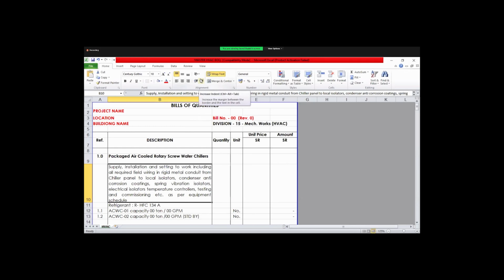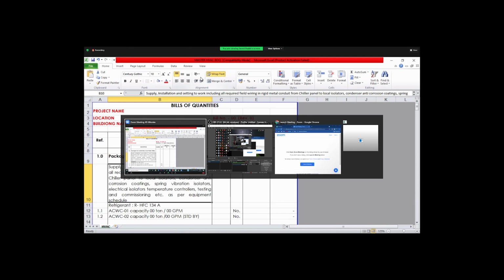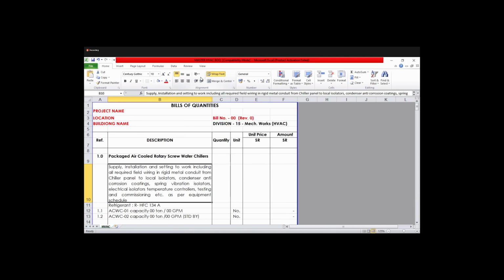So our class today, as yesterday we have finished with the specification of HVAC and supports and accessories. So today we will see the BOQ preparation, how the BOQ preparation is done for the HVAC, and the static pressure calculation also for the duct, and the duct sheet, how to calculate the quantity of duct sheet and the gauges as per their sizes.